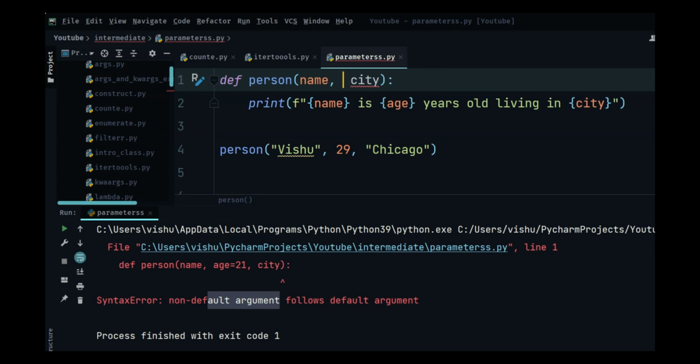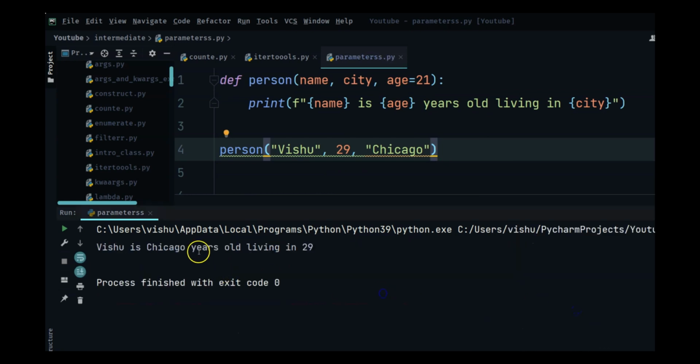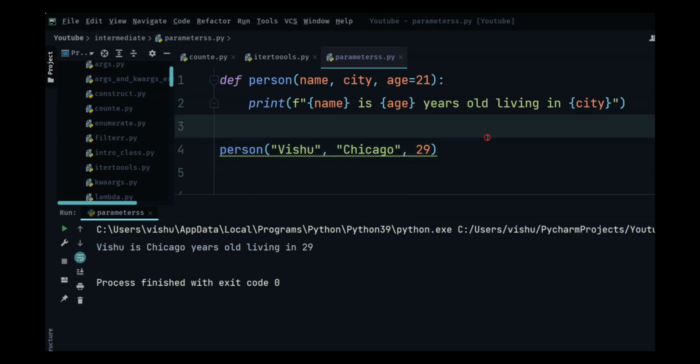So if I remove the city and I put age is equal to 21 over here, now this is going to mess up the whole sequence. If I run this now, it says Vishu is Chicago years old. So I need to change this order and put 29 over here, and now this is going to run properly.